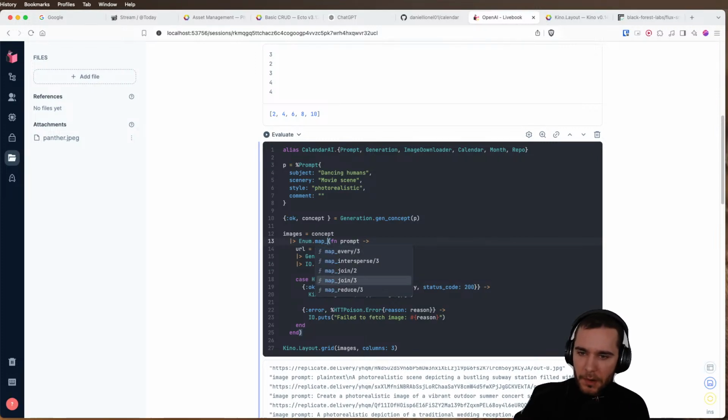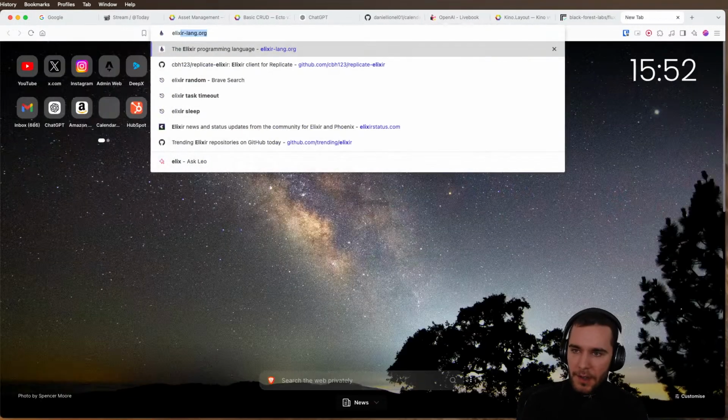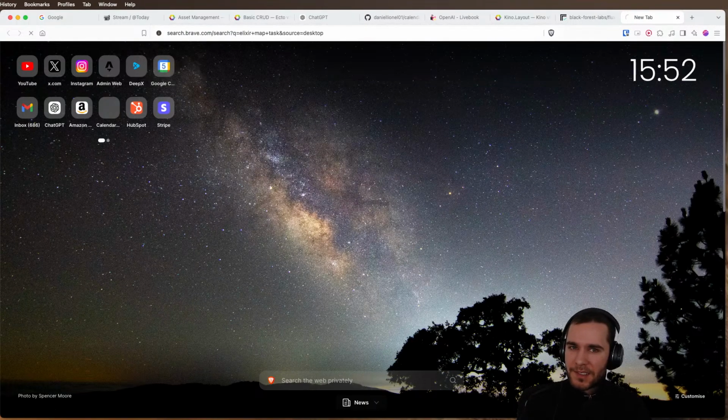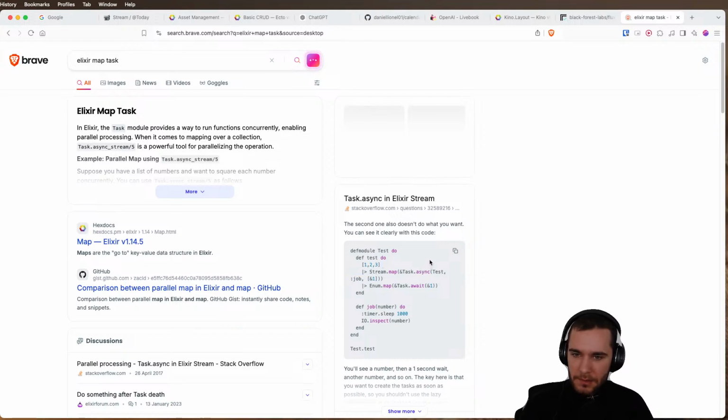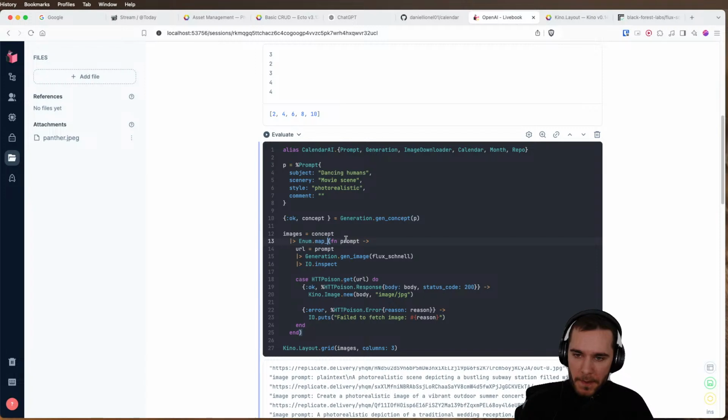Wouldn't that be cool? Like Elixir map task? I don't know. Probably not. That's okay. Yeah, we can just do Task, whoops, map, and then we'll do Task.async, and then we do